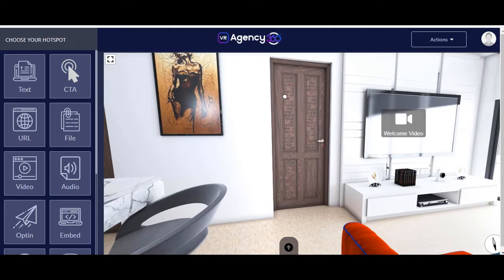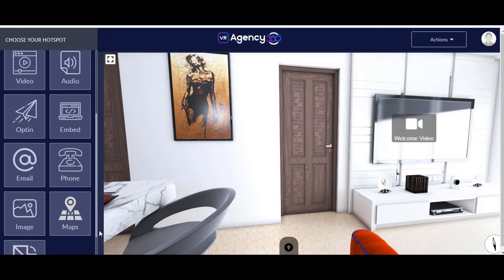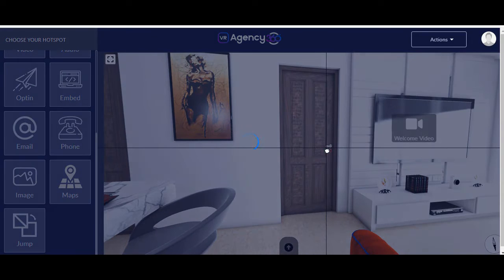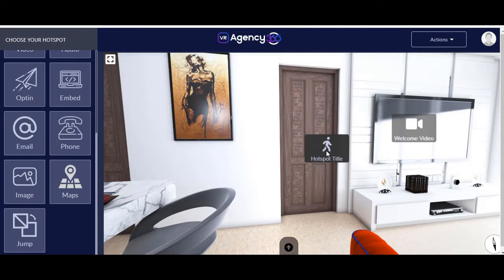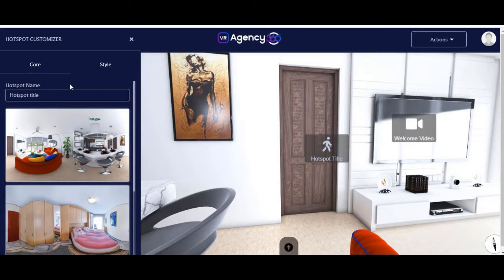So let's come back to this door. We're saying at this door, assuming the tour gets to that point and the user wants to see other rooms, you can then use the hotspot element called jump. So once you hit jump, you drop it right here. So it is more like the user wants to access other rooms. So you click on it for it to load so that you can customize it. So you're giving it a title,